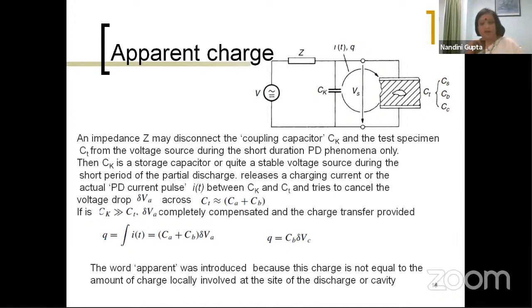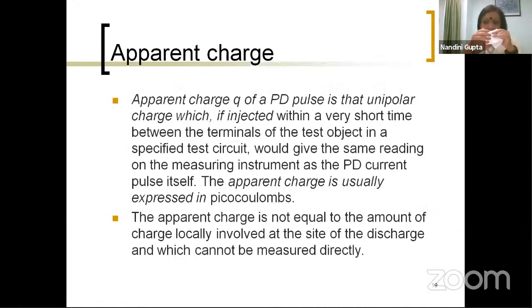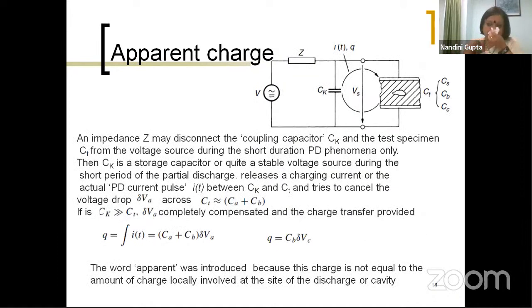I remember there was a question in yesterday's lab class about what is the necessity for the coupling capacitor. What you see here is this supply voltage charges the coupling capacitor. Now you can imagine that the Z impedance kind of isolates CK from the supply voltage. As a result, at the instant of discharge, it is the coupling capacitor which will be supplying the discharge pulse